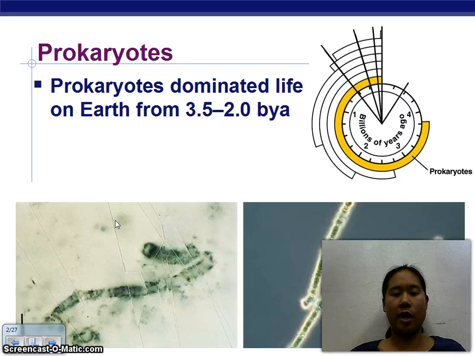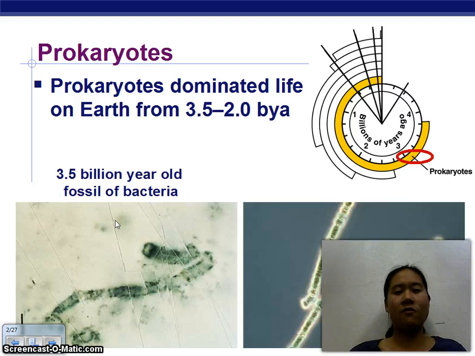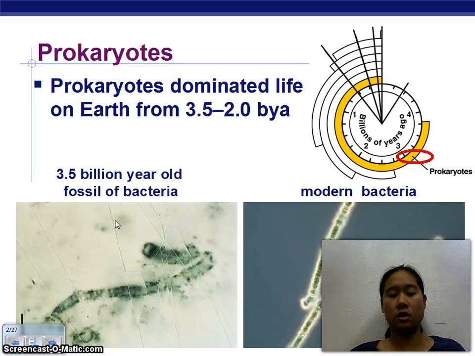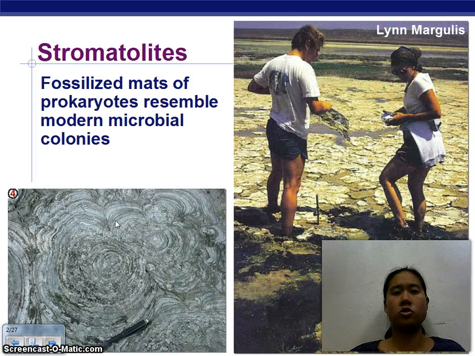Recall, prokaryotes lack nuclei, so these are organisms that occurred first. They don't have a nucleus, so these are things like your bacteria. And we even have fossils of these, which is pretty amazing, that they're leaving imprints, and that's how we can time them. Now we have modern bacteria, which you saw in the past lecture, where I talked about how there are things like cyanobacteria, which aren't actually bacteria but other prokaryotes, and things like Staphylococcus, Diplococcus, and Streptococcus, which are all forms of bacteria. You might also have heard of stromatolites, which are early bacteria that resemble colonies. A lot of bacteria actually go in colonies and don't remain by themselves.